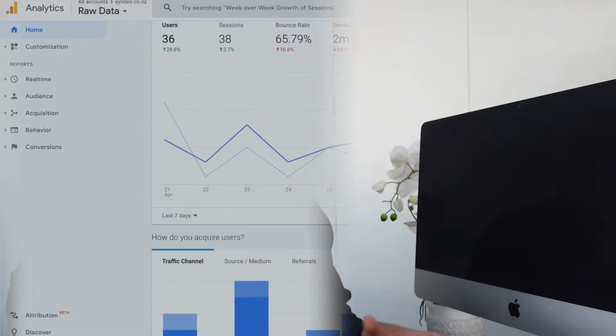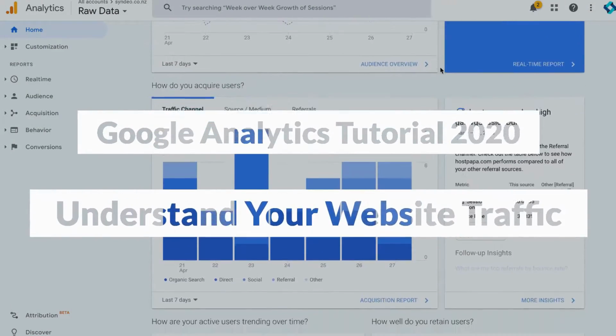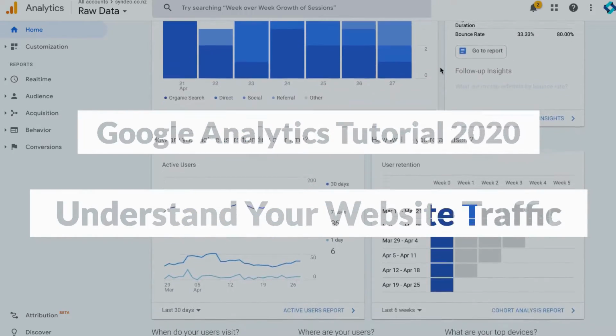Today I'm going to show you how to use Google Analytics and help you better understand your website traffic in this easy to follow Google Analytics tutorial. Today I'm going to break down and show you all the important metrics and reports we use to determine positive